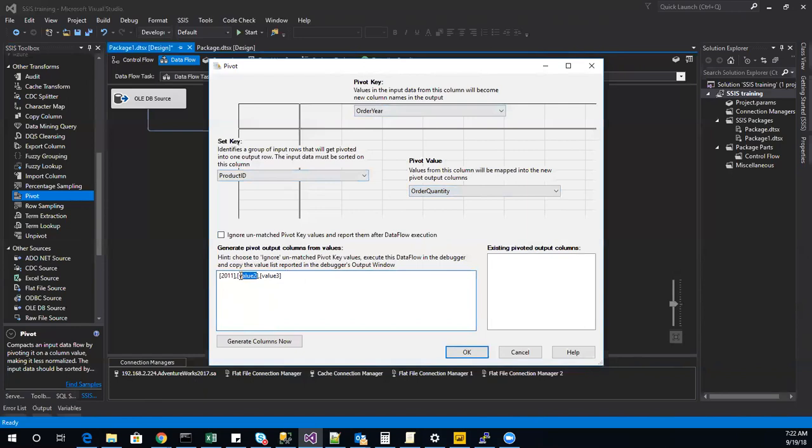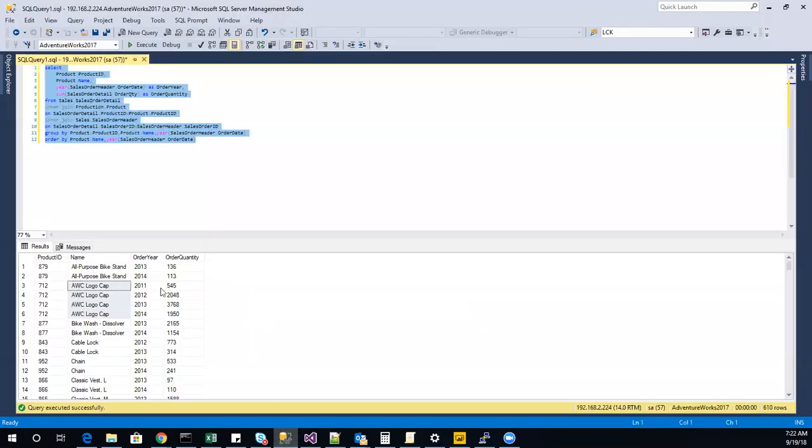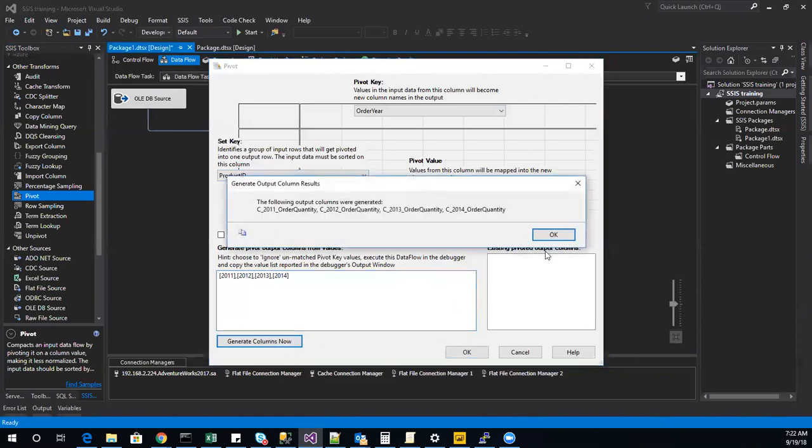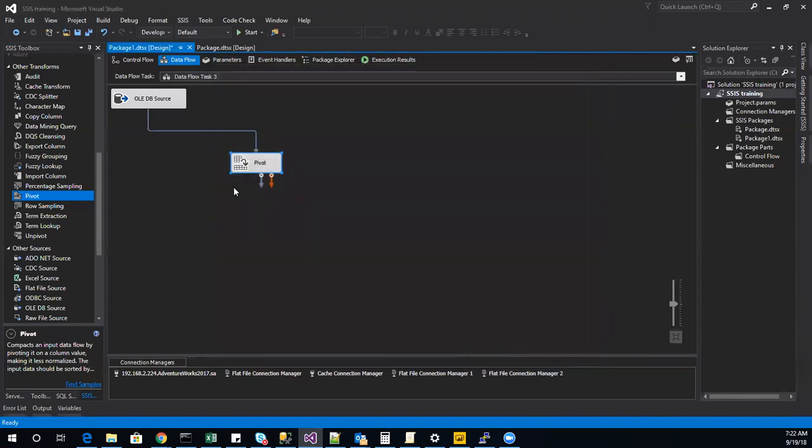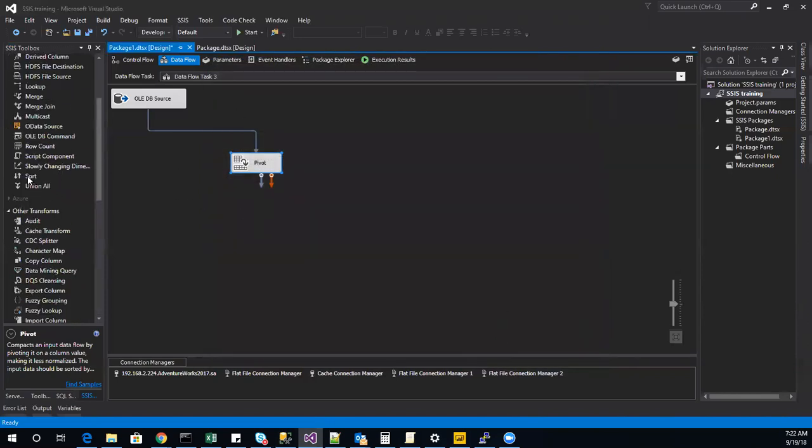So I would say 2011, 2012, 2013, and 2014. So that's what the years are, right? 11, 12, 13, 14. That's what I usually see. Okay, that's good enough. So if I generate the columns, the columns would look like that. Okay, that's fine. As soon as I hit OK,